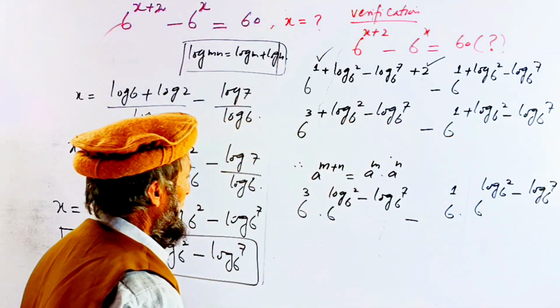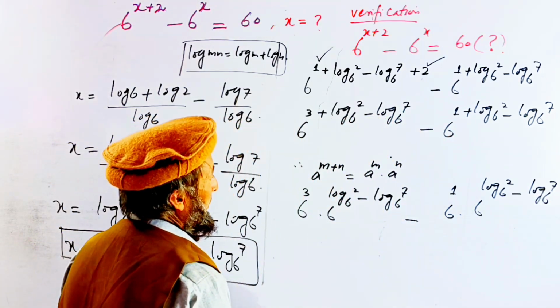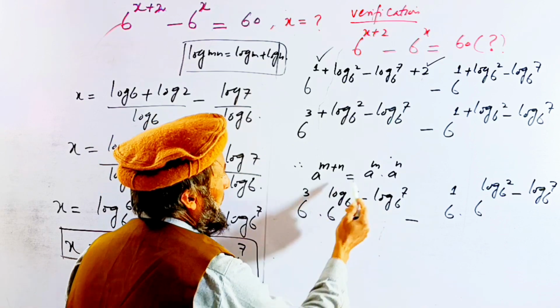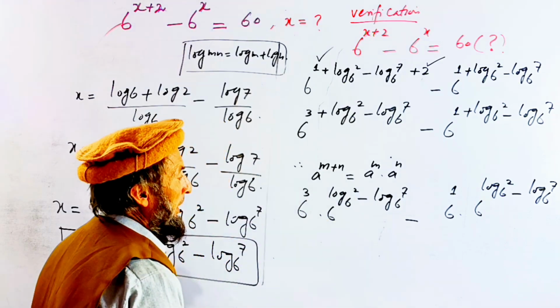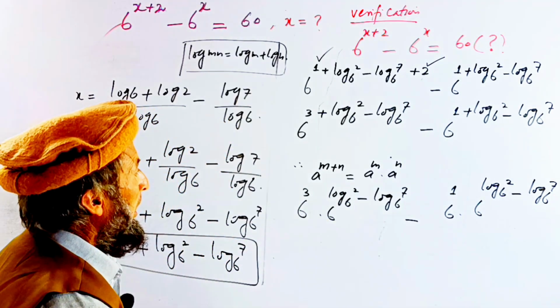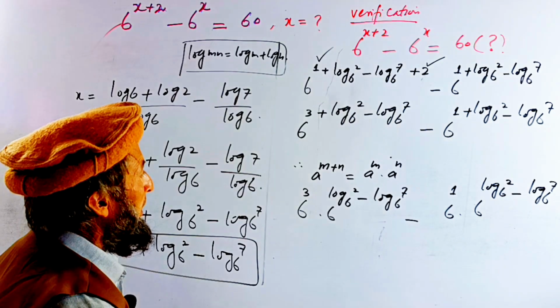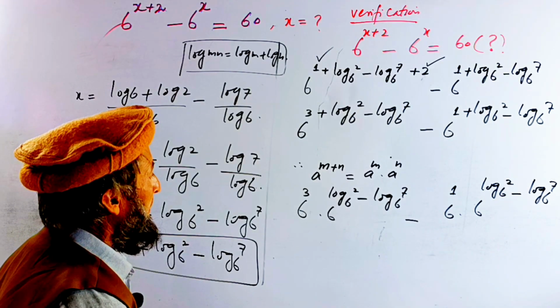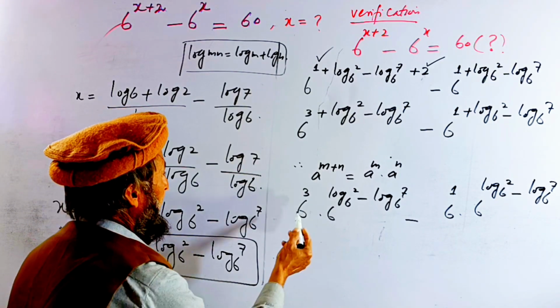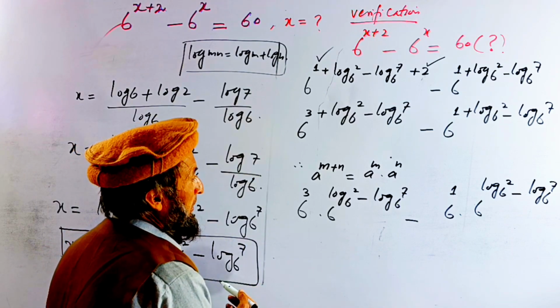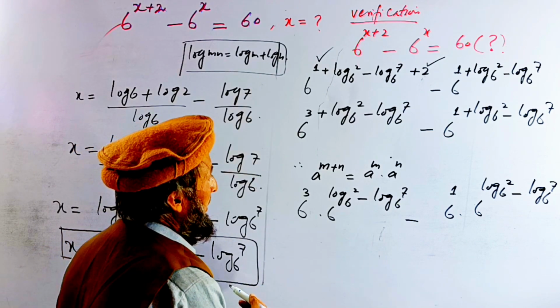According to the same rule we are using here, we apply the quotient rule. If we are applying here log of m divided by n,